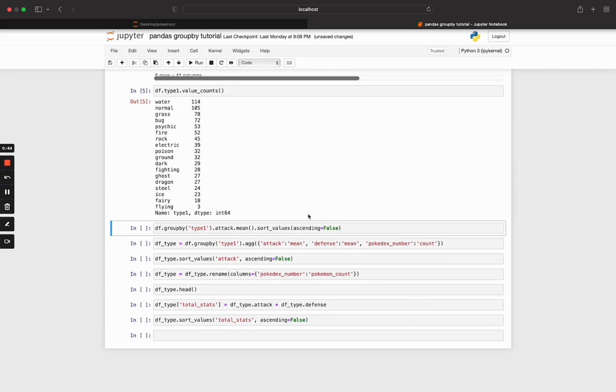A question we might want to know is which type of Pokemon has the highest attack stat. We can answer this by using the GroupBy function. This will calculate the average attack for each type. So we do